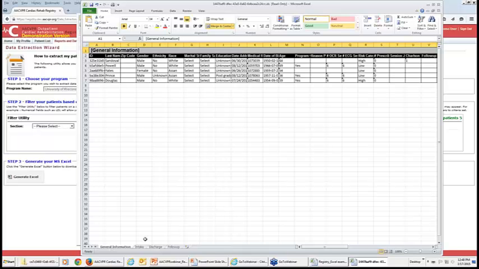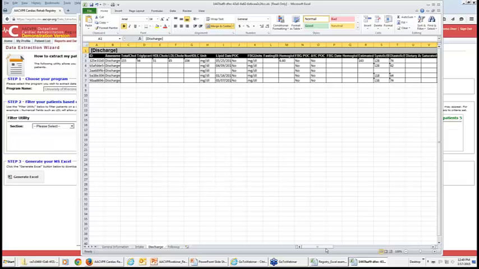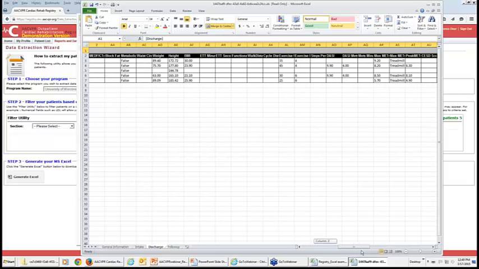And you'll note 4 worksheets. There's a general information one, which has a lot of the demographic information. There is an intake worksheet that has all of the intake data, and a discharge worksheet with all discharge and follow-up data. So let's go to discharge data. Let's scroll across here. Now across the top are your element names. And we're going to look for max mets, which is right here. And lo and behold, there are 4 records here that have a discharge max mets value entered.